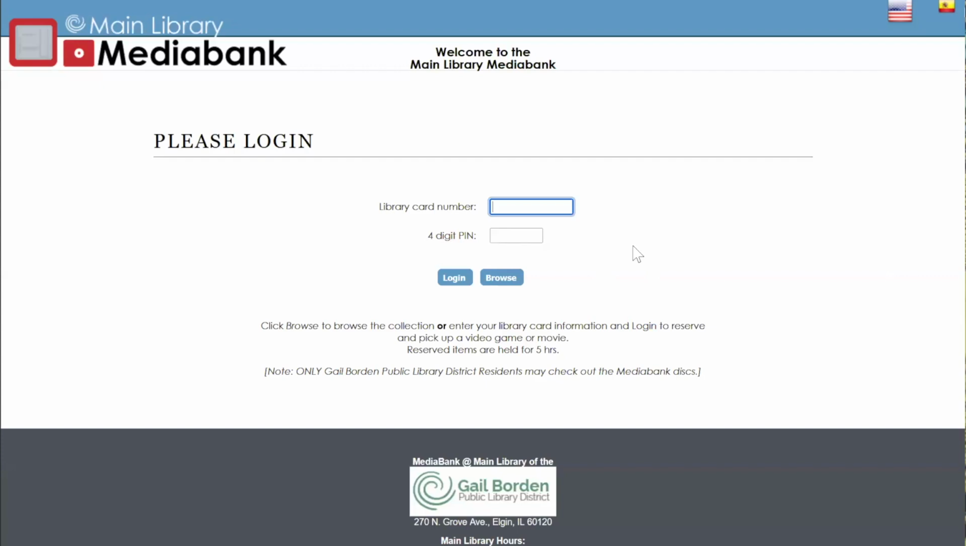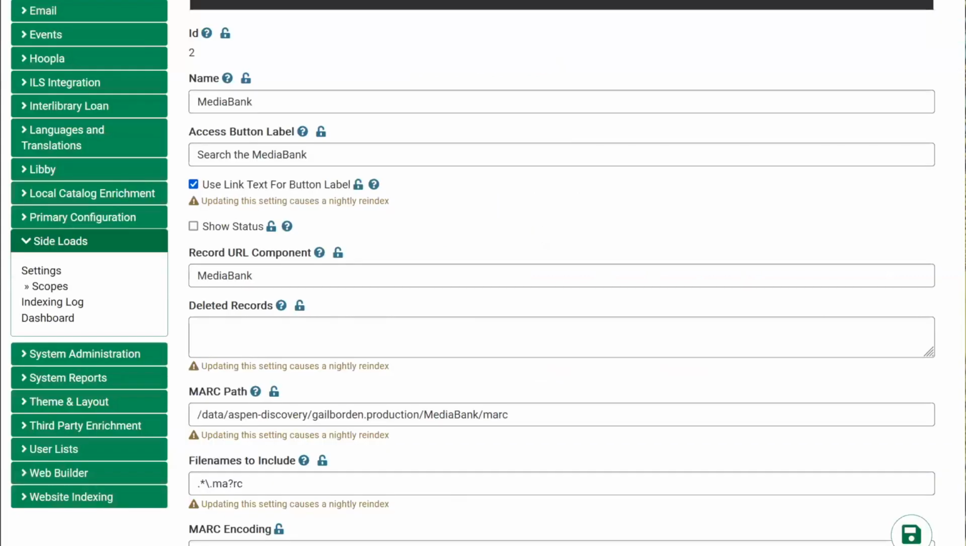So there you have to log in again with your library name and card number. You couldn't pass through the logins. The way that's working though is we now have some side loads and we've got a couple of new